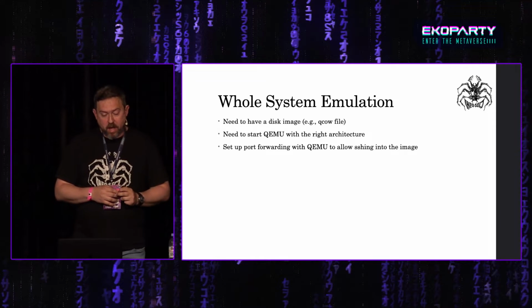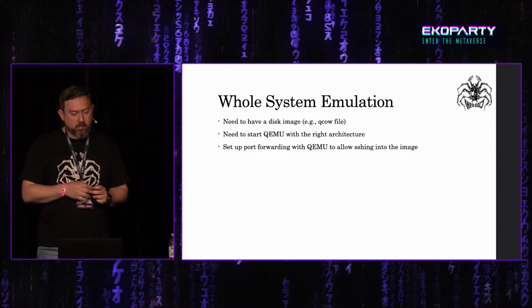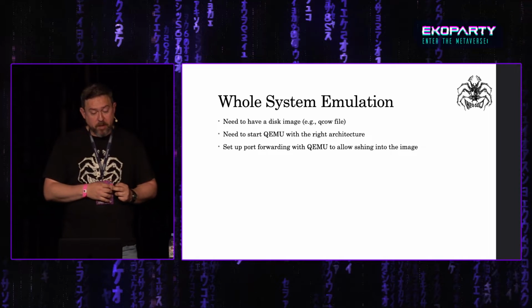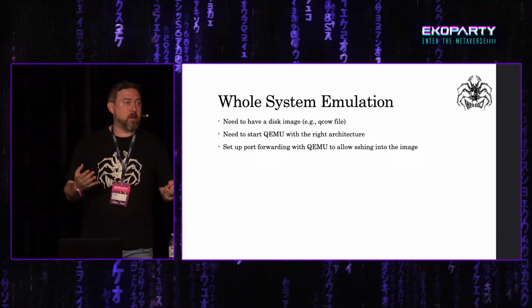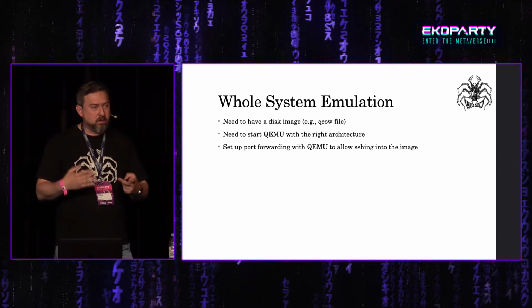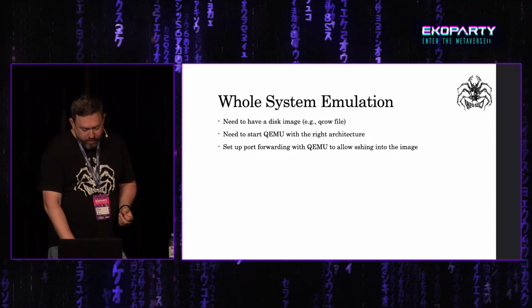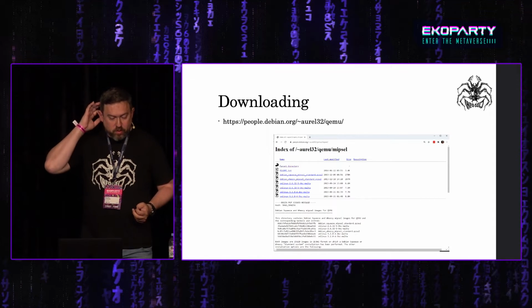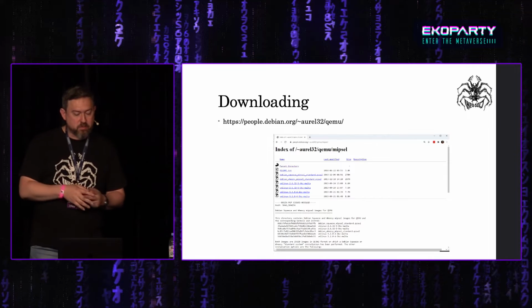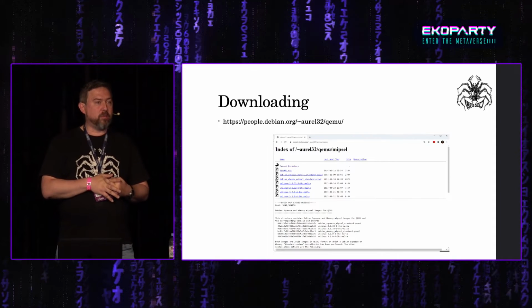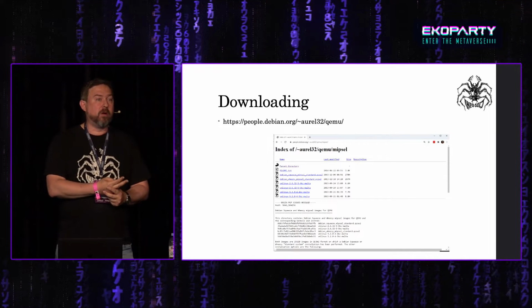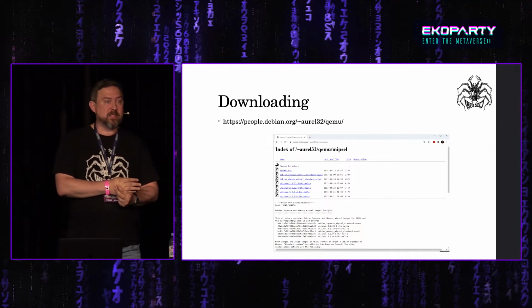You need to have a disk image, a QCOW file as it's called in QEMU. You need to start QEMU with the right architecture. You probably want to set up port forwarding so you can SSH into your guest and interact with your emulated environment. And there are some good resources online. This person from Debian has made a bunch of QCOW images and kernel images that you can just download off the internet, and immediately start emulating an ARM Linux system or a MIPS Linux system without really